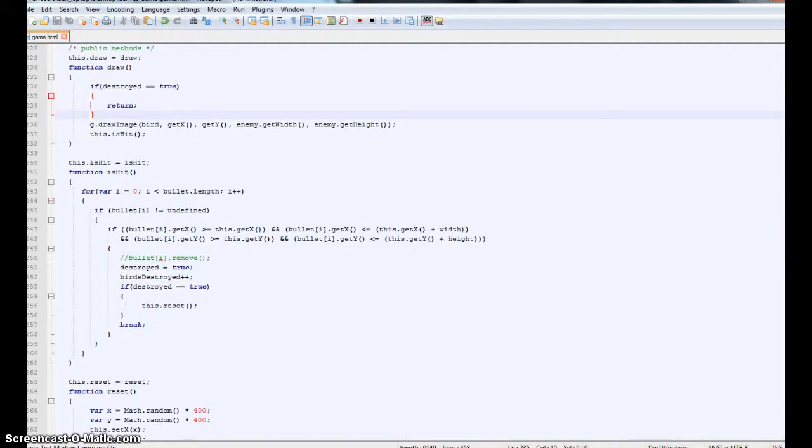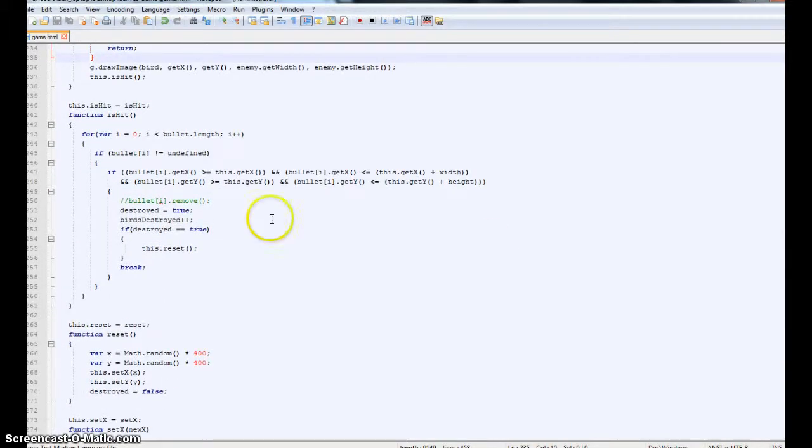So then we have our isHit function. This will check whether the bullet has hit the enemy object. So if our bullet's X position is greater or equal to the enemy's X position, same as the X position is less than or equal to the X position on the enemy object plus its width, and the same on the Y. So if the two images have collided